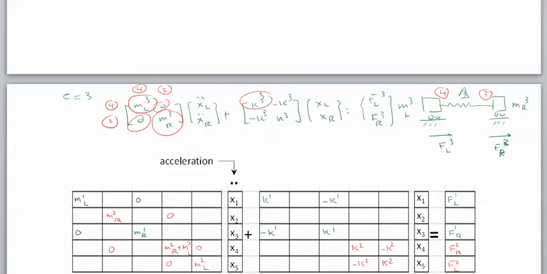Stiffnesses. This goes to row 4, column 4. It's going to be plus K3. This goes to row 4, column 2. Row 4, column 2 minus K3. Row 2, column 4 minus K3. And row 2, column 2. So it's going to be K3. For load vector, this is going to go into row 4, F3L. And this is going to go into row 2,